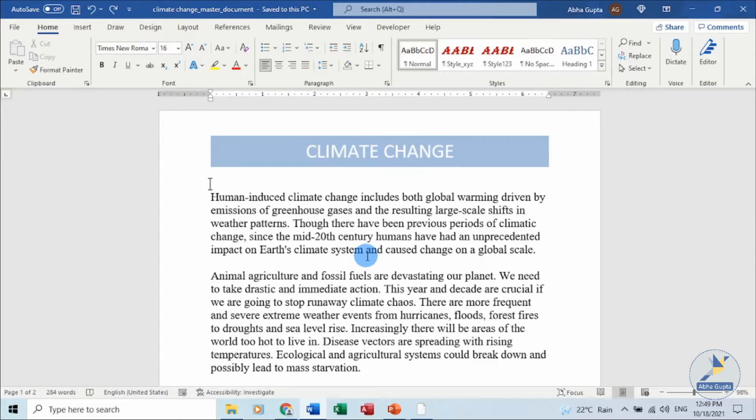So instead of opening the different sub-documents and viewing each of them and making the changes, what could be better is that you can have the control of all the documents from one master document itself.